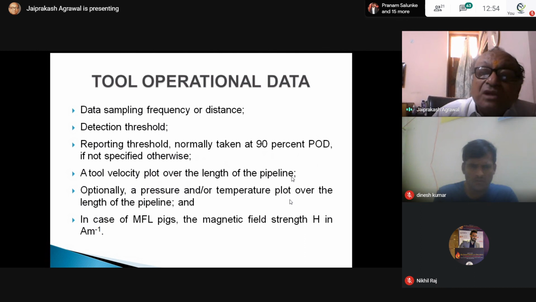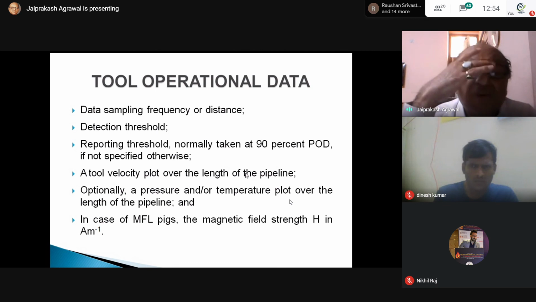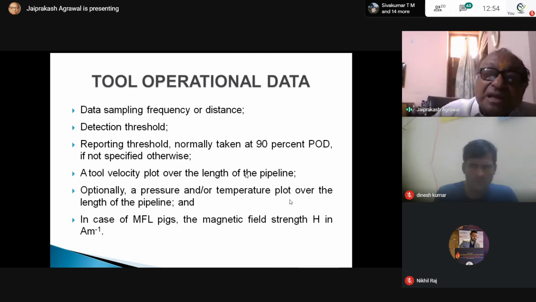What does tool velocity mean? That they will give, 2 to 3 meters per second. Normally it is there, and it should not be high also. The flow also you have to reduce, because if the flow is more, the tool velocity is more. Then in that case you won't get the correct metal loss.